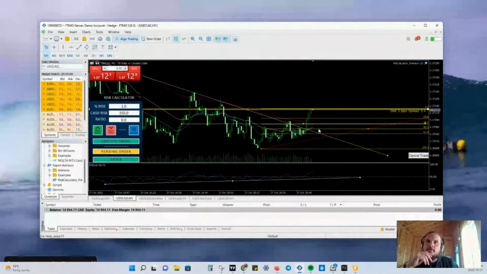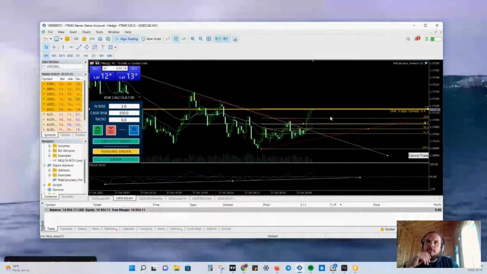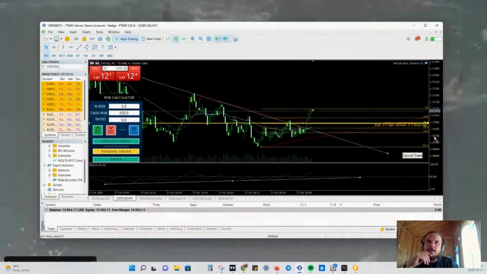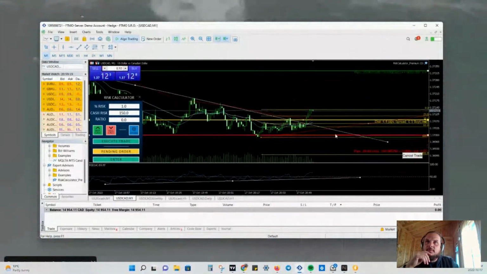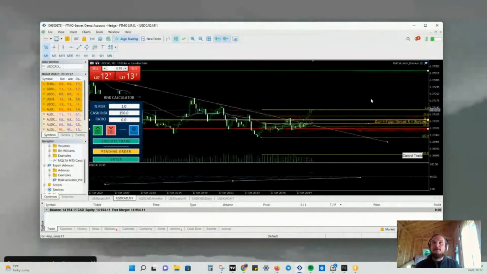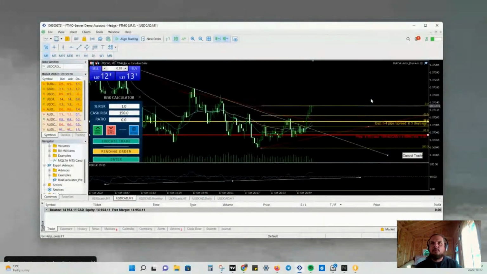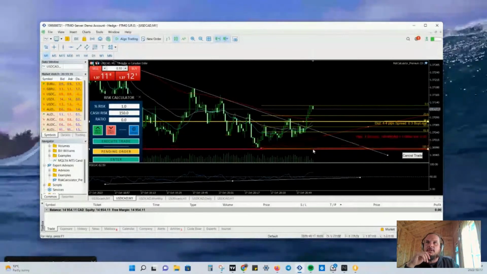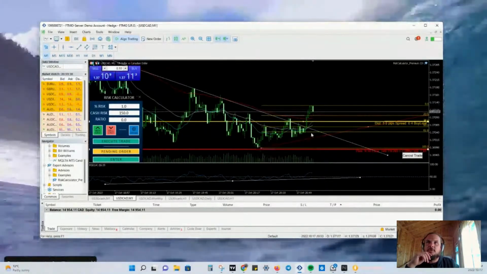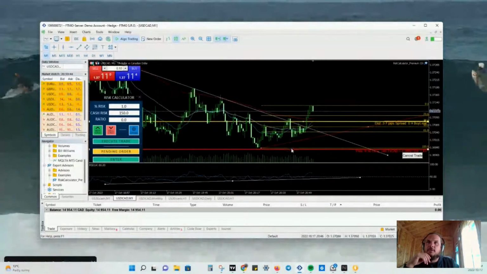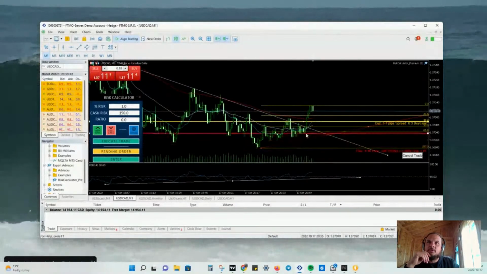Pending order with a buy right here in this zone and a tight stop below this big candle that broke out. Now, another place to put the stop would be below this zone, the last lower high or the last lower low. Certainly a way to play it, but this is really